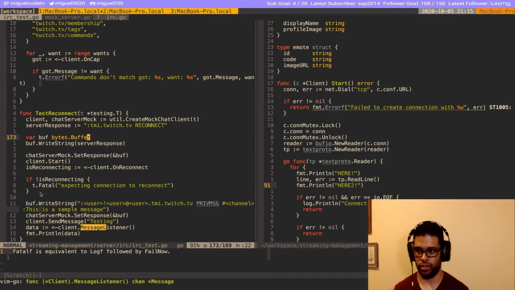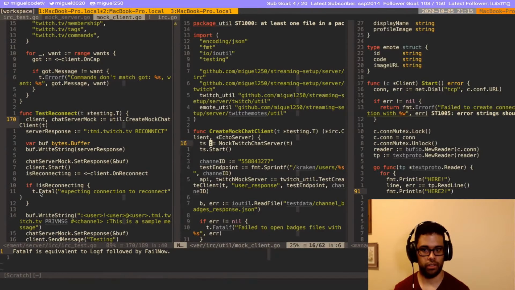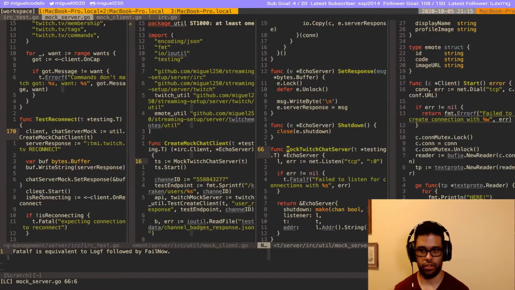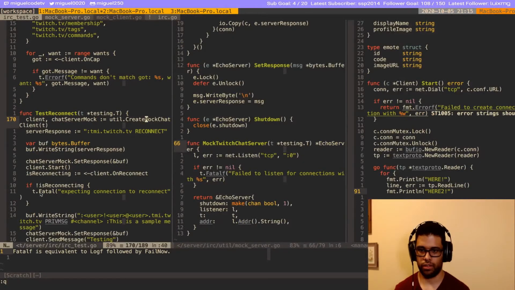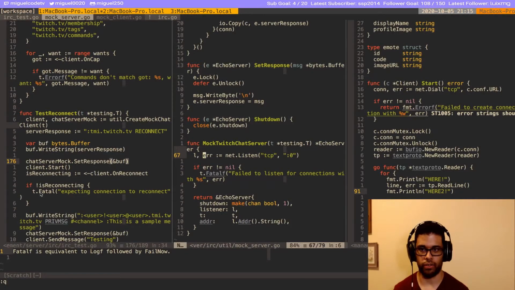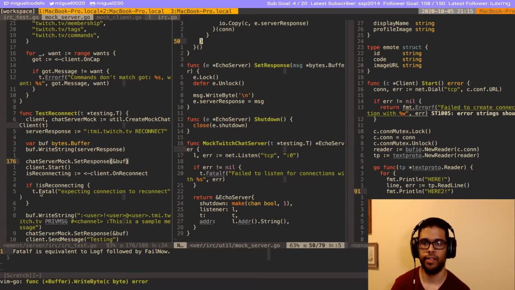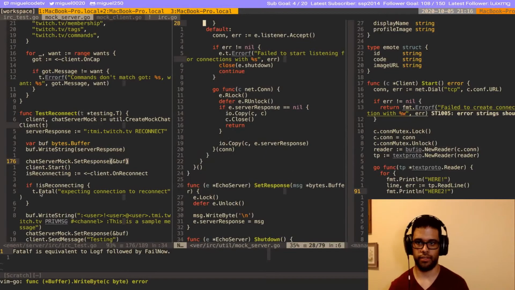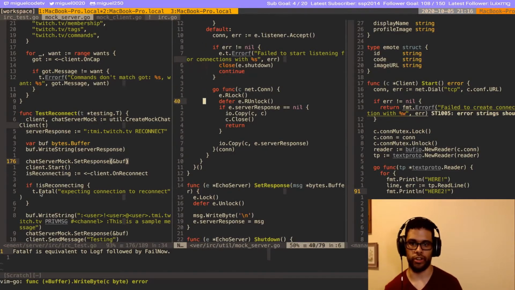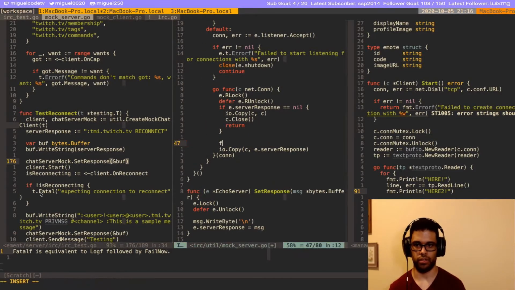So we could look at our Mac server. Okay, so this is our Mac server. We're setting the response and adding a new line, and then when the client connects, we are sending that message.